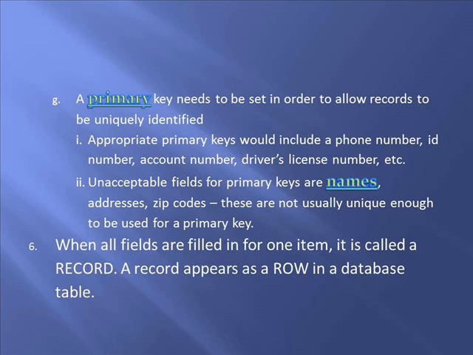When you create a database table, you have the option of setting a primary key. A primary key needs to be set in order to allow records to be uniquely identified. Appropriate primary keys are things like phone numbers. That's not a real great one. I think we talked about that earlier. Like in our database at the school, more than one student may have the same phone number. So phone numbers, it depends on the design of your database. Better ones will be account numbers, student IDs, driver's license numbers